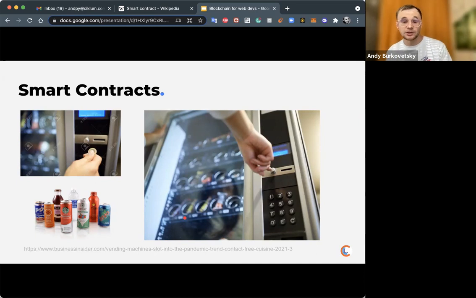So in a nutshell, smart contracts do exactly the same thing. You pass the money and ask to run the program. If everything is okay,